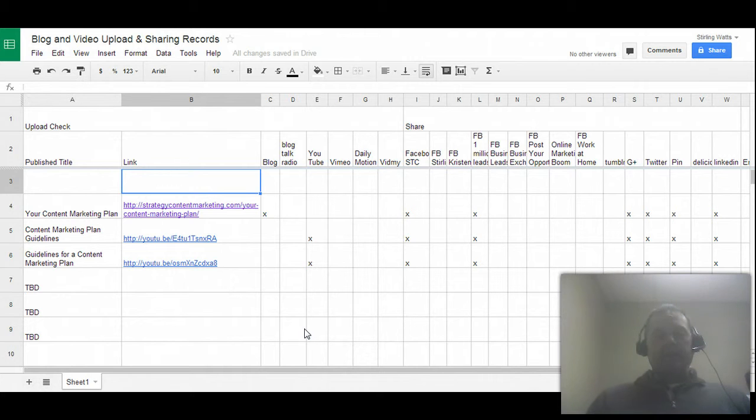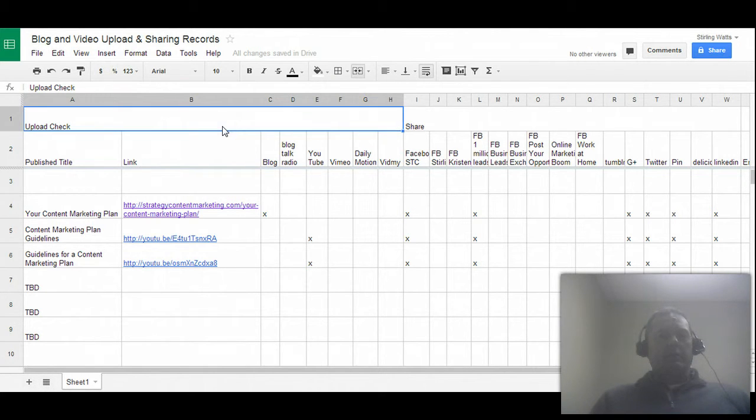So that's the reason I like to put it on Google Spreadsheet instead of Excel, but you could just as well use Excel and Dropbox or something like that if that's what you prefer. But I just wanted to show you exactly how you set up a spreadsheet to keep track of this stuff. On the left half of this sheet you can see is my